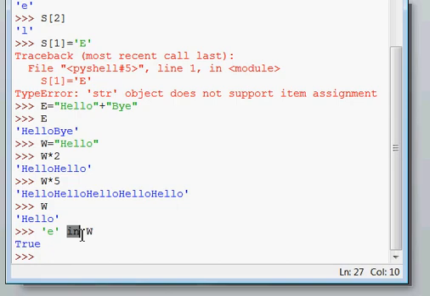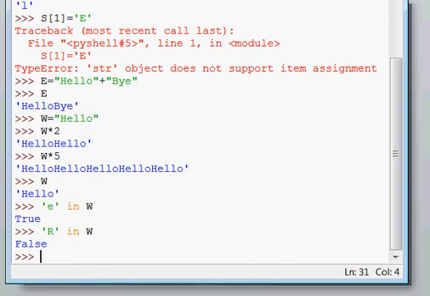The in operator checks whether small e is present in w or not. W contains hello, and hello has e inside, that's why it gives true here. Even if I search capital R in w, then it will give false. This is the use of the in operator.